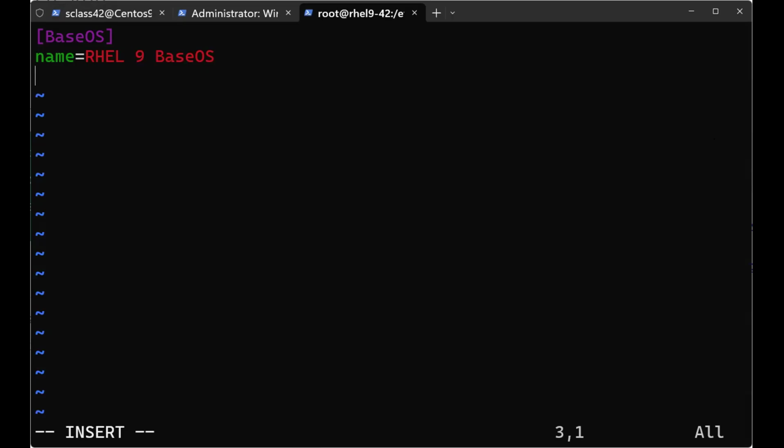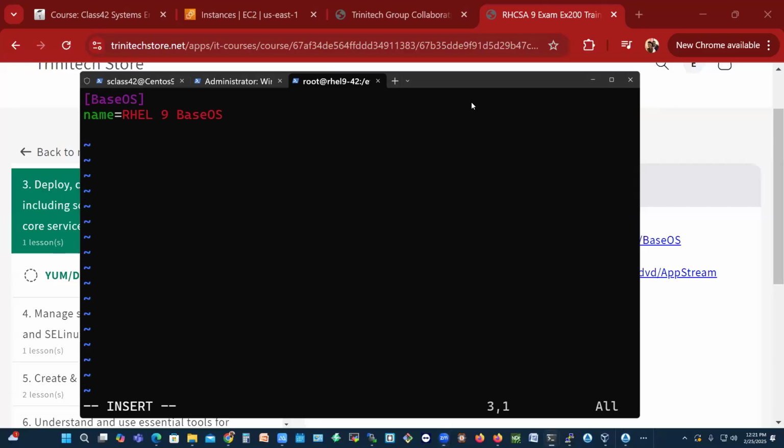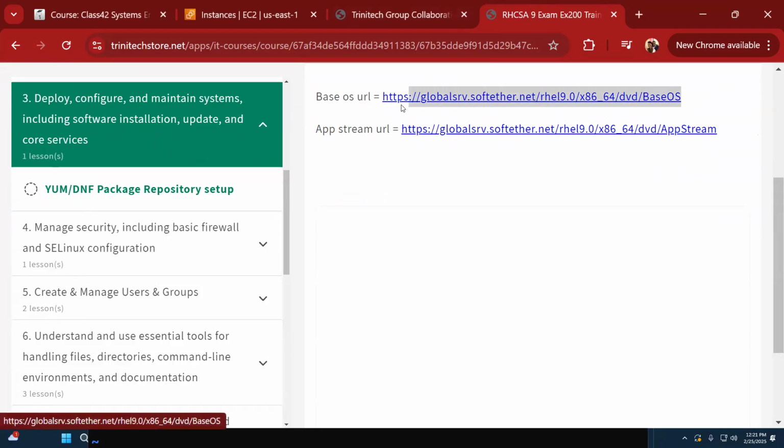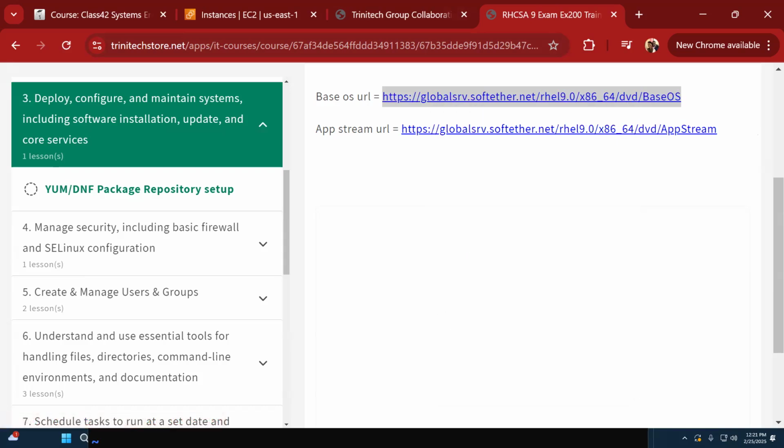If we were to look, let me go back so you see I just copy that directly from the exam. So for base URL, you just do equal to, and then you copy this, and then you dump that in there,